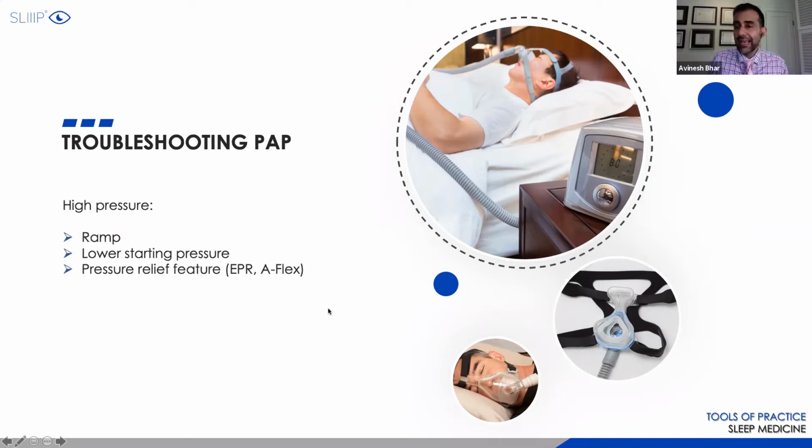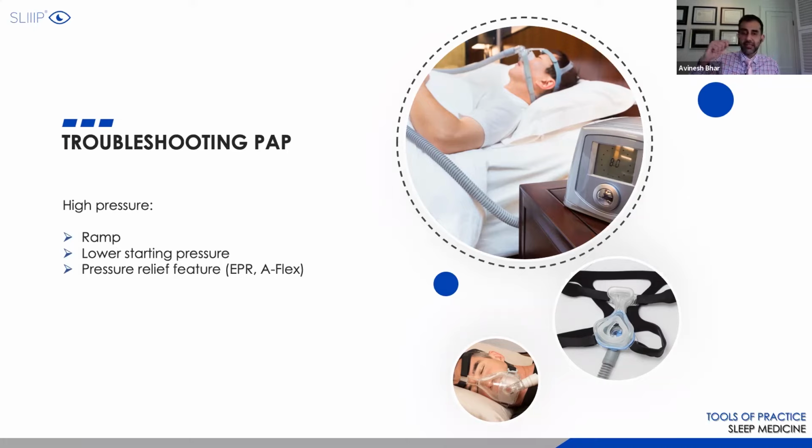You may add something called pressure relief. Now, what this does is sometimes when your air is being pushed in with the CPAP or auto CPAP at, let's say, 8 centimeters of water, it's hard to exhale sometimes against that 8. So there are features nowadays which actually drop the pressure just as you're going into the exhalation phase. So when you blow out, it allows the pressure to drop. So you're not facing a wall of air that's 8 centimeters of water, 10 centimeters of water, even 13 centimeters of water. It will drop it.